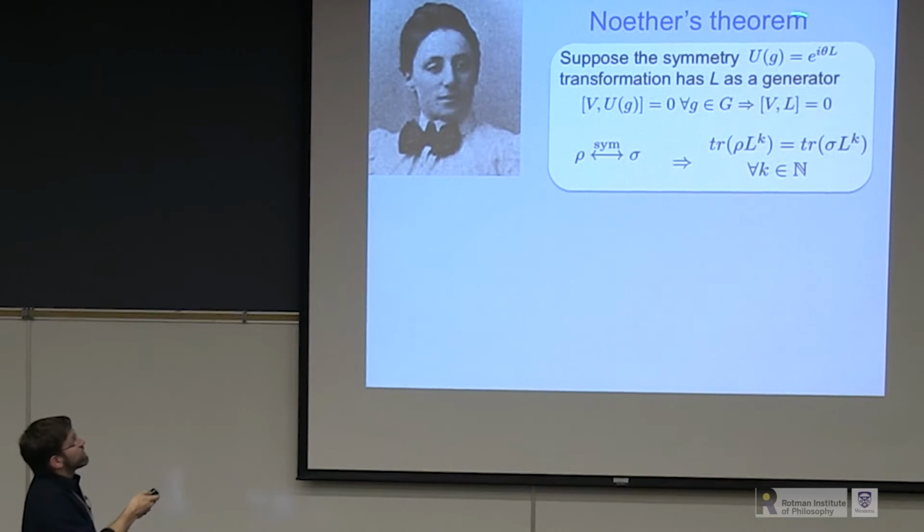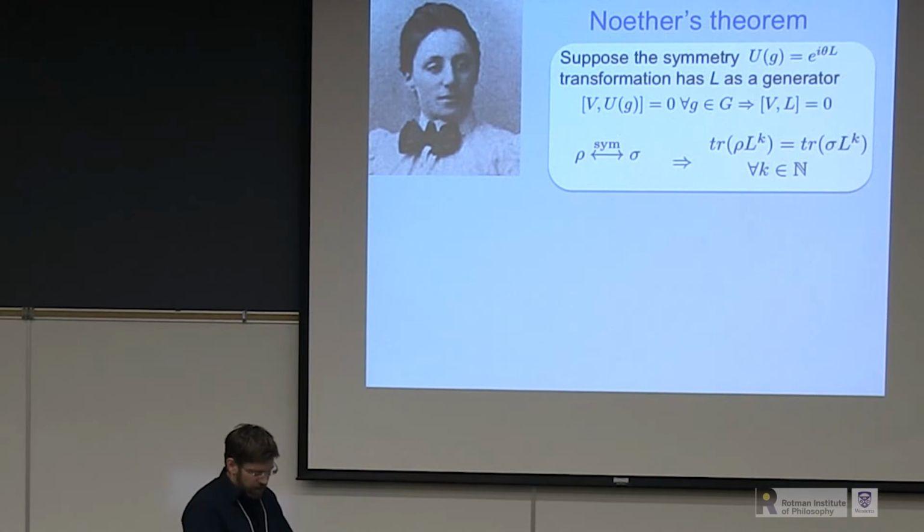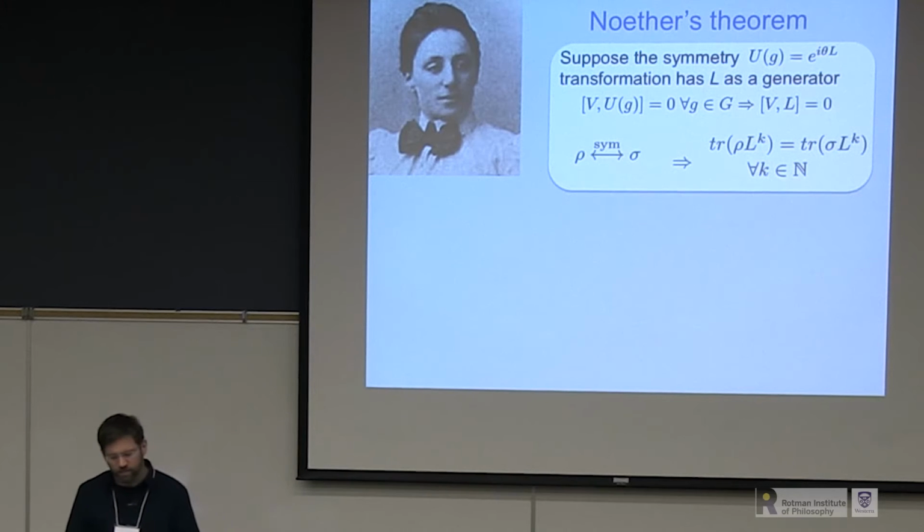It says, suppose you have some symmetry. So I'll talk about the unitary representation of that symmetry. Usually we just write it, so here capital L is going to be a particular generator of my symmetry. In my rotational example, L is, for instance, the angular momentum operator for the axis about which I'm rotating. Theta is the angle I'm rotating by. So if I say that a system is undergoing closed system dynamics, so it's described by some unitary V,